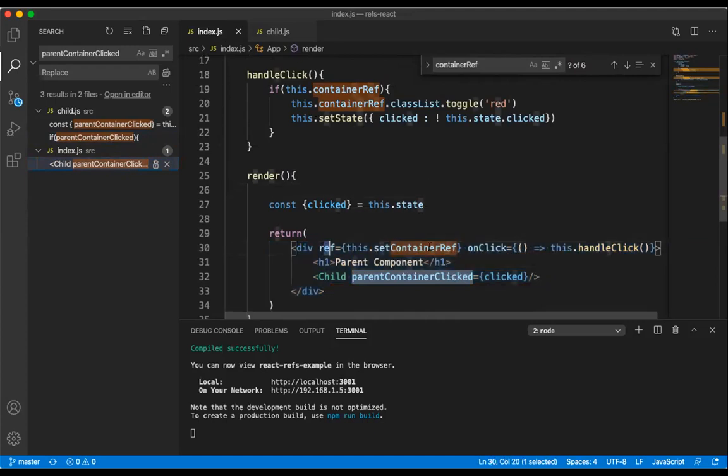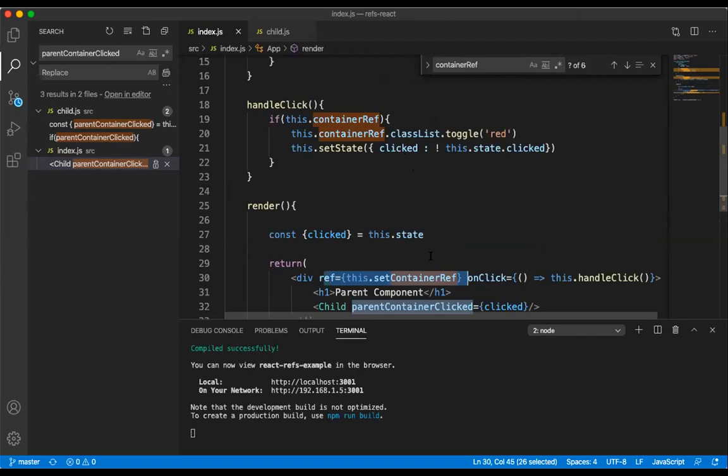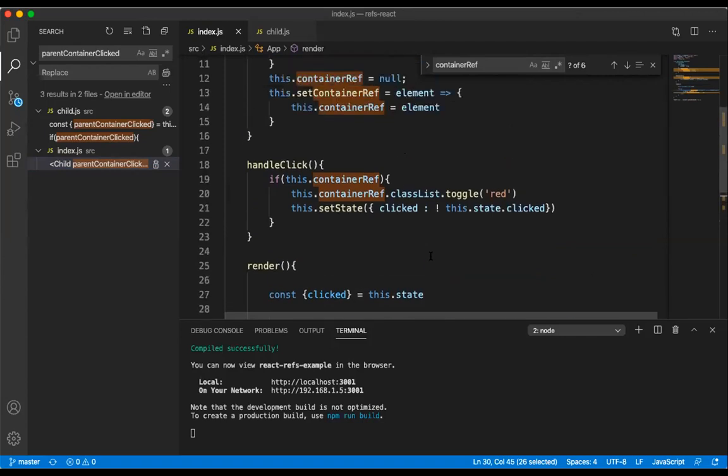Without this ref, if I try to execute, it can't be handled. I mean, the effect won't be available. Only with the ref will the effect be available. Only with this reference will the particular effect be available, I mean, whatever styles we are going to add. Okay, so let us see this one. I will stop and then I will share one more time.